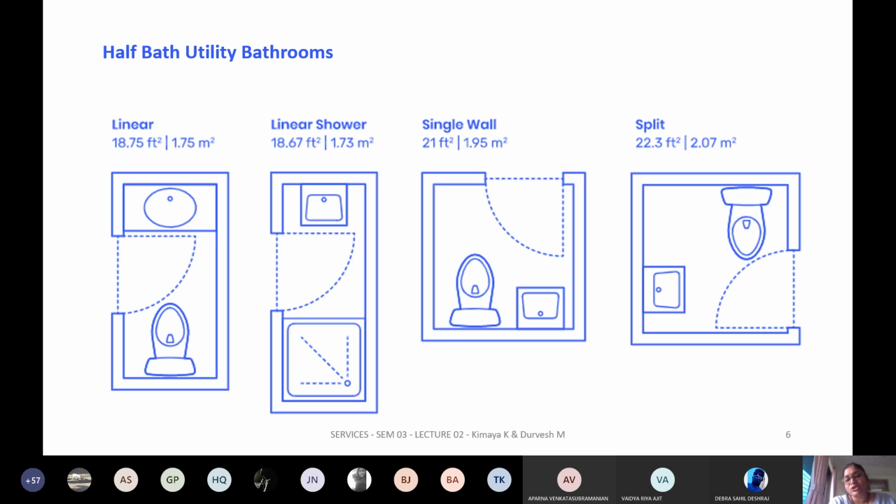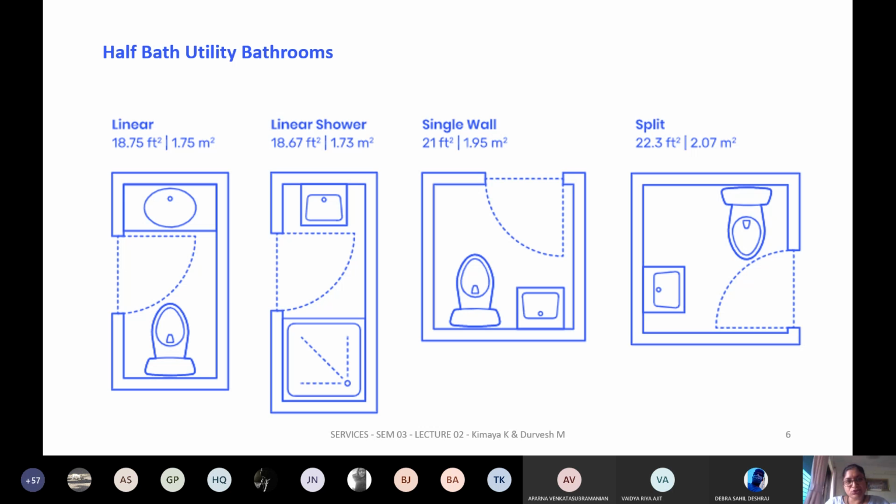Now, in residential, not always do you need to have a shower area and the pot together. So there would be something which we are very familiar with, your closet, wherein you just have a wash basin and your pot, or which is called a common bathroom, or a common toilet space which is designed next to your living room or where your dining is. And generally your bedrooms will have a toilet which is much larger, which has your shower as well as your wash basin and your pot.